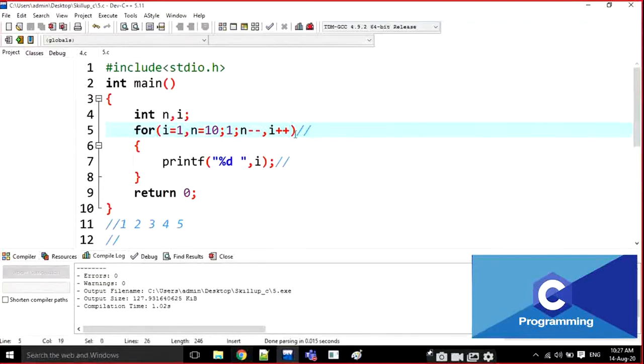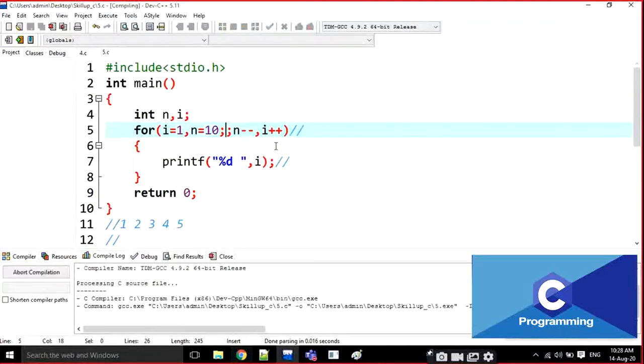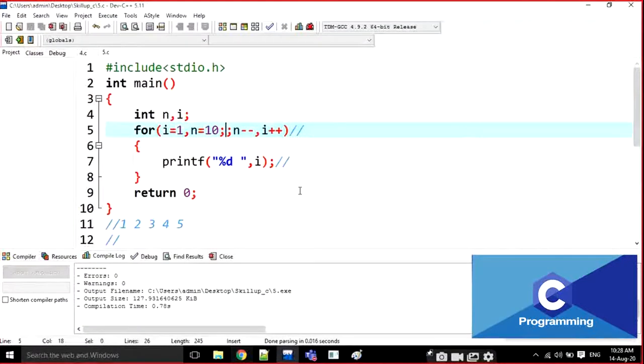Even if I don't put anything else, by default the conditional block is treated as always true in the for loop. Write down in the notebook that also: if there is no conditional block in the for loop, it is always treated as a true value. That means it is an infinite loop. Note down this point also.